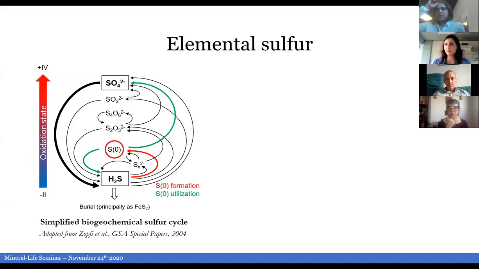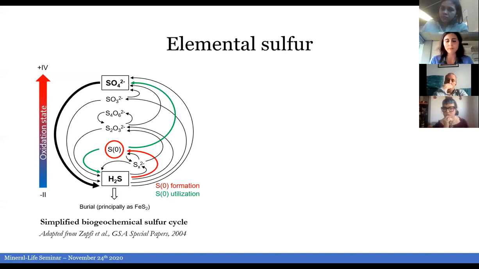Really going back to the sulfur cycle, which is a complex cycle. Sulfur can have many different oxidation states, from the very reduced sulfide to the more oxidized sulfates. And between those two extremes, you have a lot of intermediates. And today we're going to focus on elemental sulfur, which is actually the more abundant of these sulfur intermediates in